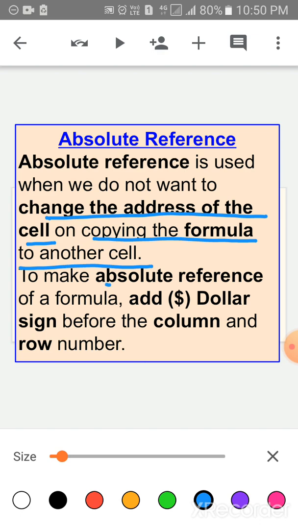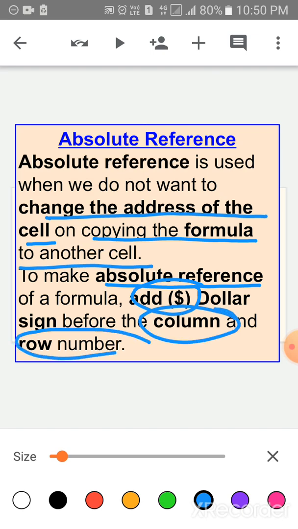To make an absolute reference, add the $ sign before the column and before the row number.